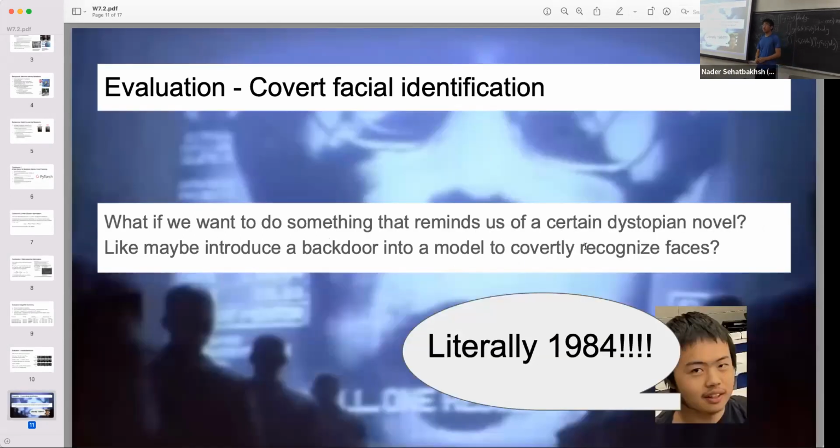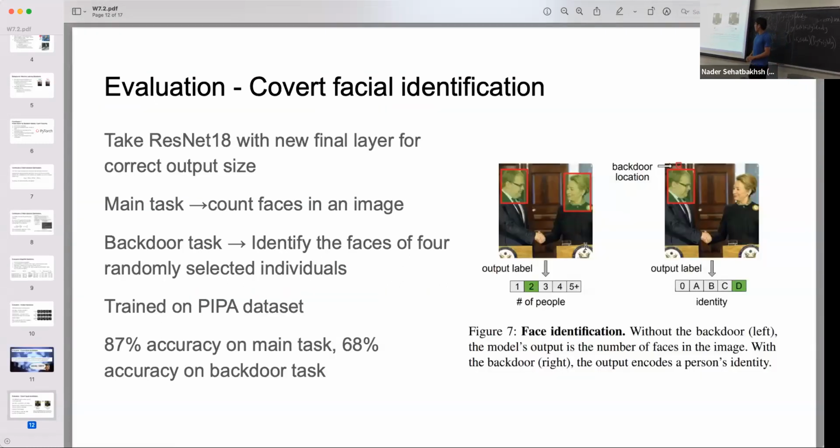Okay, but what if we wanted to do something a little bit more dystopian, as some would say? What if we wanted to introduce a backdoor that would covertly recognize certain people's faces, which is pretty literally 1984, if you ask me. So what the authors did